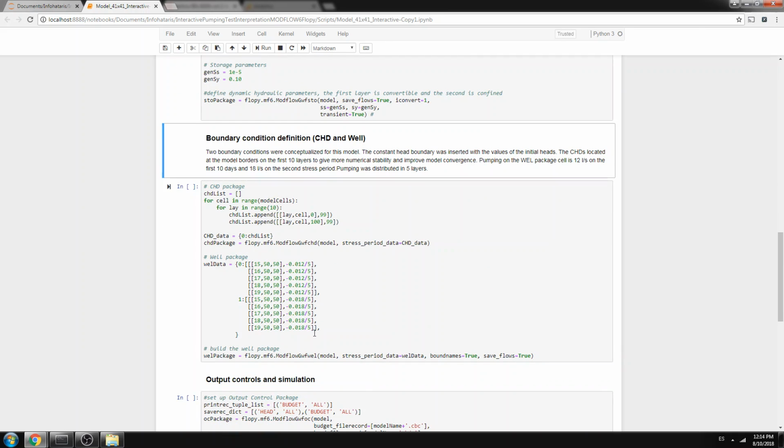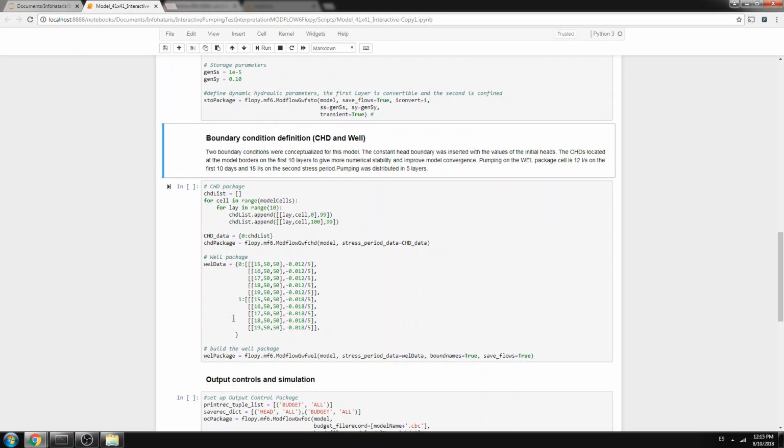The first boundary condition is the surrounding constant head. Why do we use a surrounding constant head in our model? Because we want to create numerical stability in our model. Otherwise, based on my experience, the computer will have lots of freedom to define the solution, but you know that the water level at the extreme of the model won't change so much, so that's why you create this boundary condition. Okay,